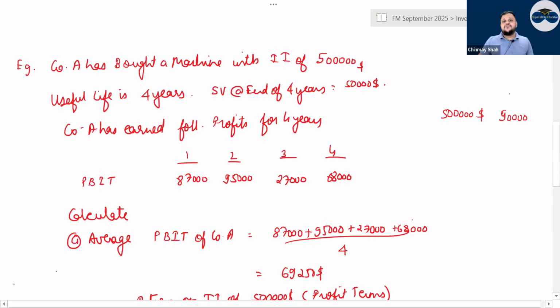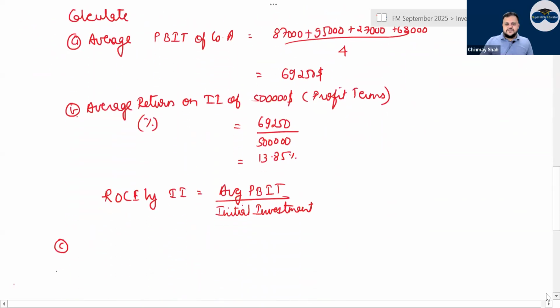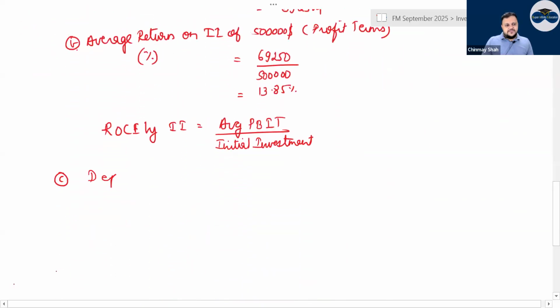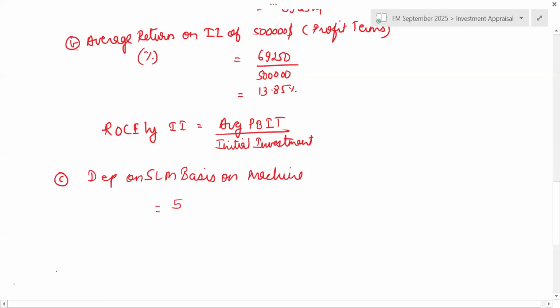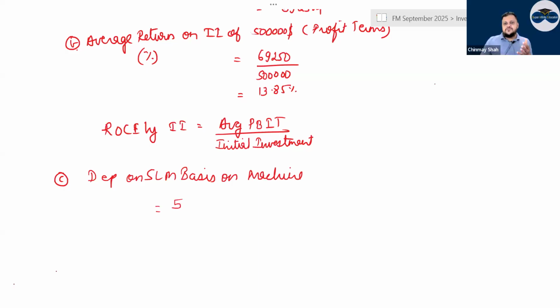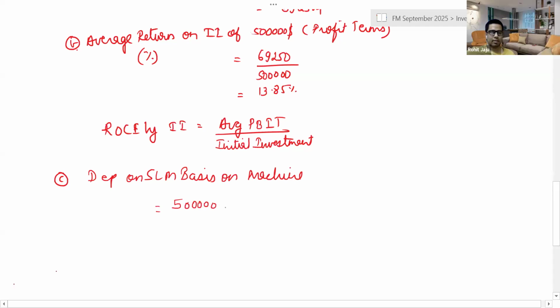So if I am using SLM basis depreciation, every year how much will I deduct? How much will be the depreciation? Tell me. How will you calculate depreciation by SLM basis? One minute. Write down: depreciation on SLM basis on machine. Every year the same amount is deducted. But what will be the amount that will be deducted? That is the question. So initial investment minus scrap value, divided by